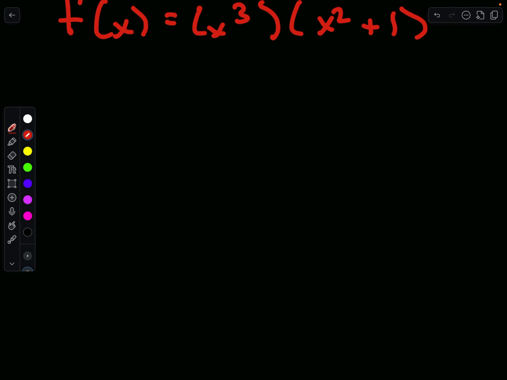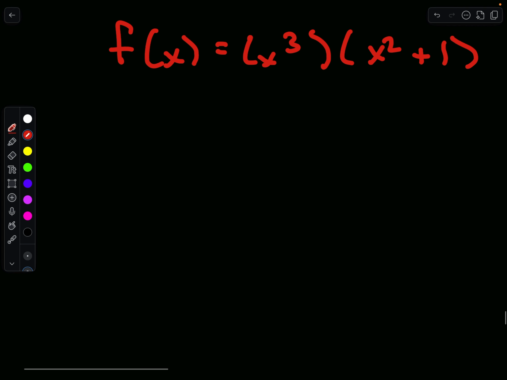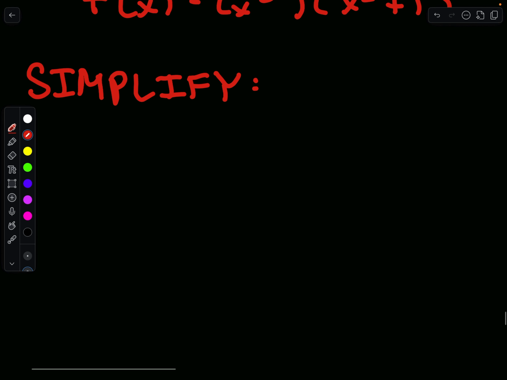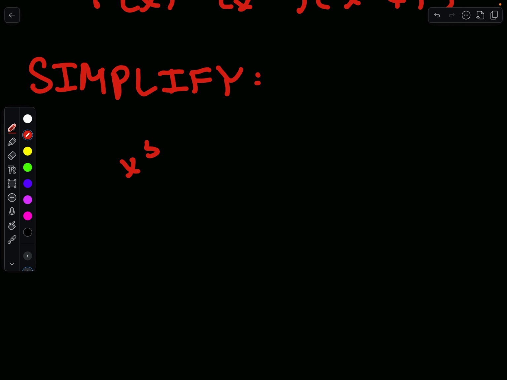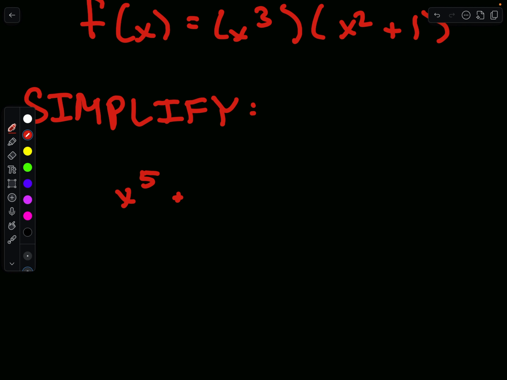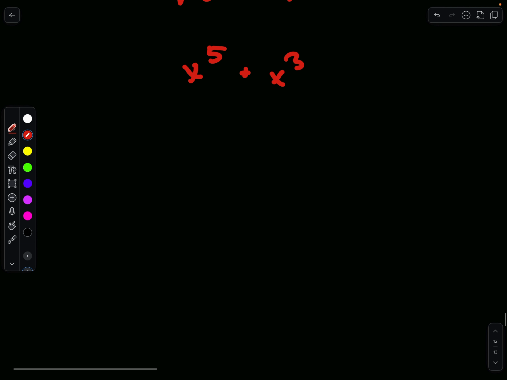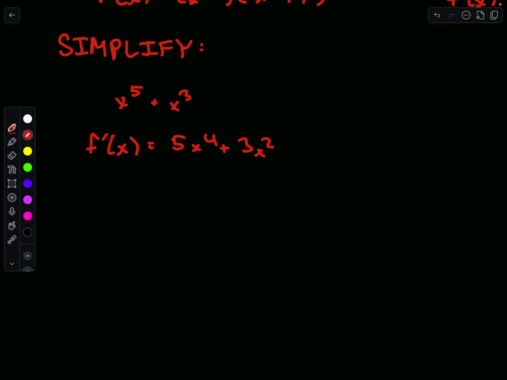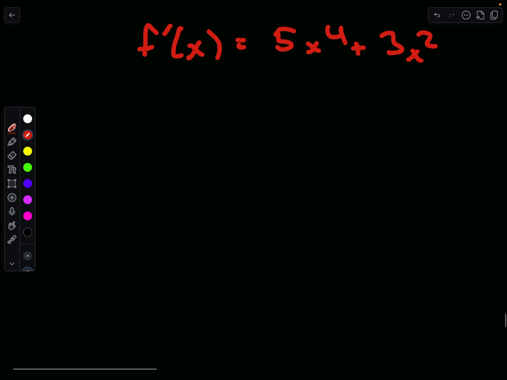Welcome back. So here, we'll first look at the case where you simplify. This would give us x to the fifth plus x cubed, and power rule gives f prime of x equals 5x to the fourth plus 3x squared. Now in the case where we use product rule,